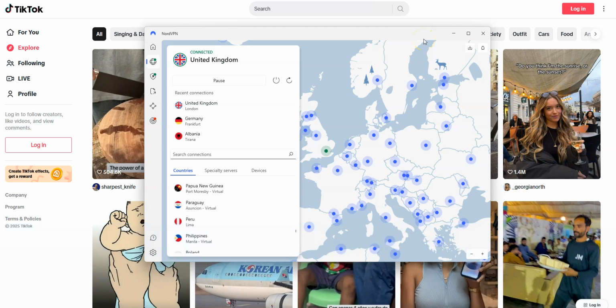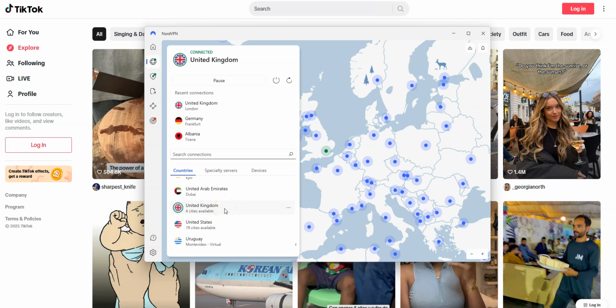To summarize, the idea is to use NordVPN to make it look like you are in another location by replacing your IP address with the IP address of the VPN server. Doing this not only allows you to bypass censorship, but also browse anonymously and more. All you need to do is to select a location in this list. That's it. It is that simple.